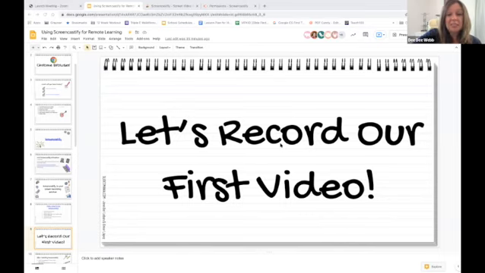But let me just explain. If you are at this point, you should see a box that says choose what to share. And under that, it will say entire screen or window. And where it says entire screen, you should be able to see your computer. And you actually have to click on that screen before the share button will turn blue so that you can actually share your screen. I hope you all can understand that because it's so much easier if you can see it. And I apologize. I'm not sure why it's not letting you see it. So my apologies. Okay, I'm going to go ahead and click share.